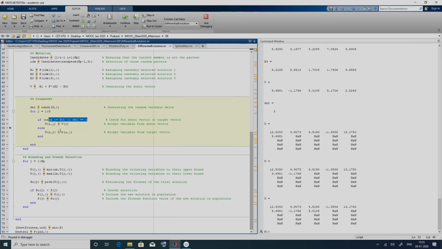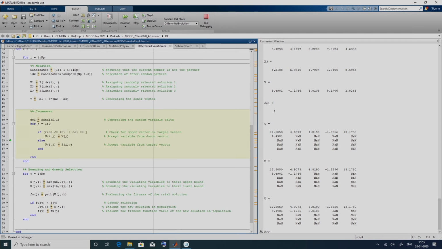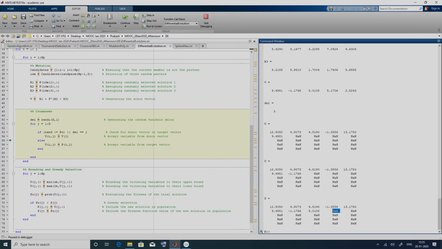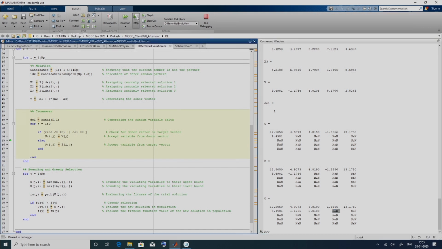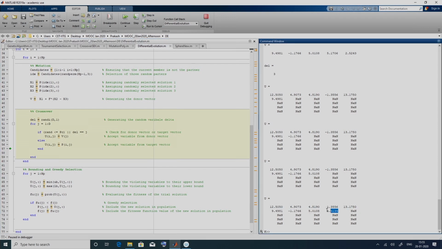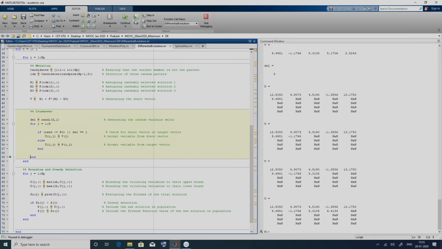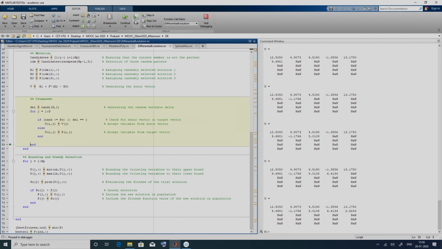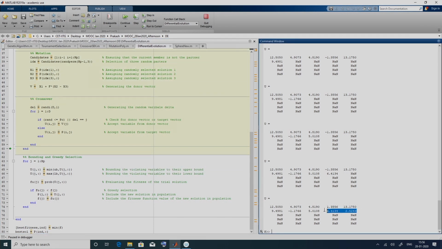population. So, if we see the population, we are currently in the second solution and j is 4. Second row, fourth column, if you see, it is 6.4134, that will be coming over here. So, step in. As expected, 6.4134 comes over here. Continuing that for the next variable, it comes from the donor vector. So now we have generated 2 trial vectors.